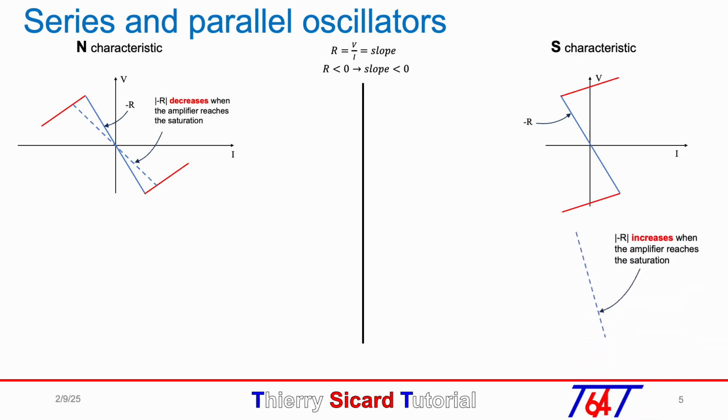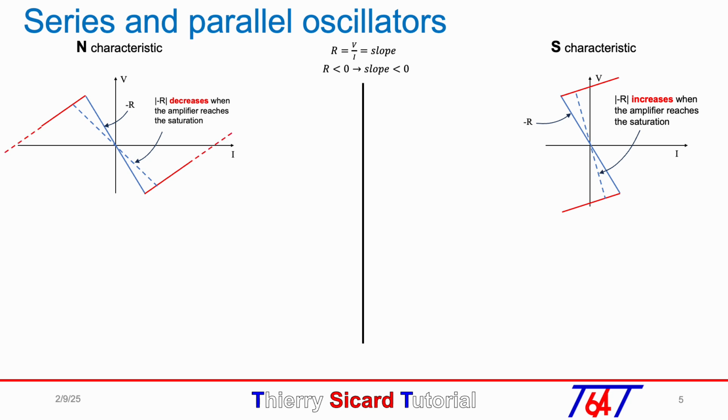But with S characteristic, when the resistance reaches saturation, the absolute resistance value increases. For N characteristic, VDC equals 0 does not work because we will have three different operating points. So the only way is to bias with a 0 DC current to get a single operating point. In the same way, with the S characteristic, only VDC equals 0 will work to get a single operational